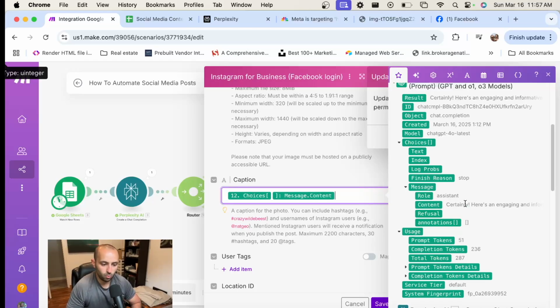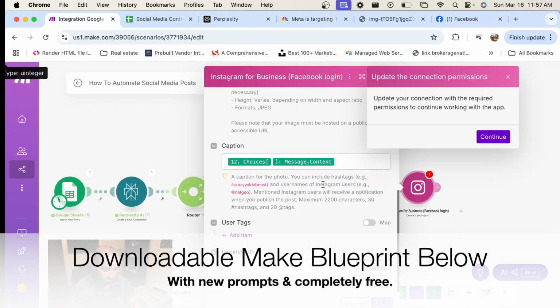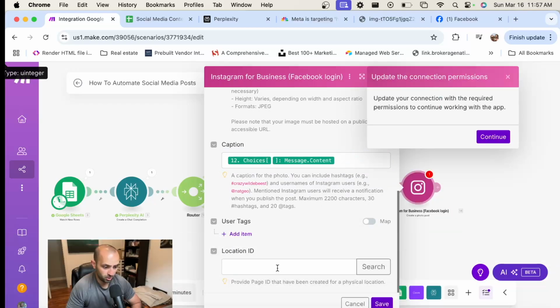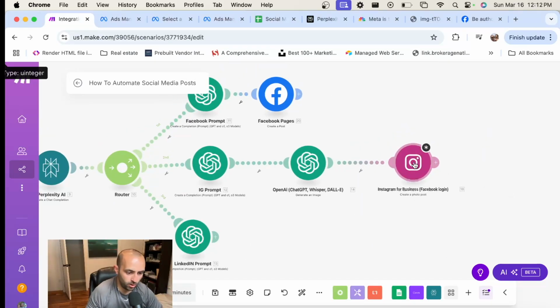Make sure when you revise the prompt that it removes anything, but you know what, I'm going to do that. Hold on one second. And then you can tag your location ID. You can do user tags. No, you don't need to do that. Just save that. Okay, and then once you've done the Instagram one, you have to set up your